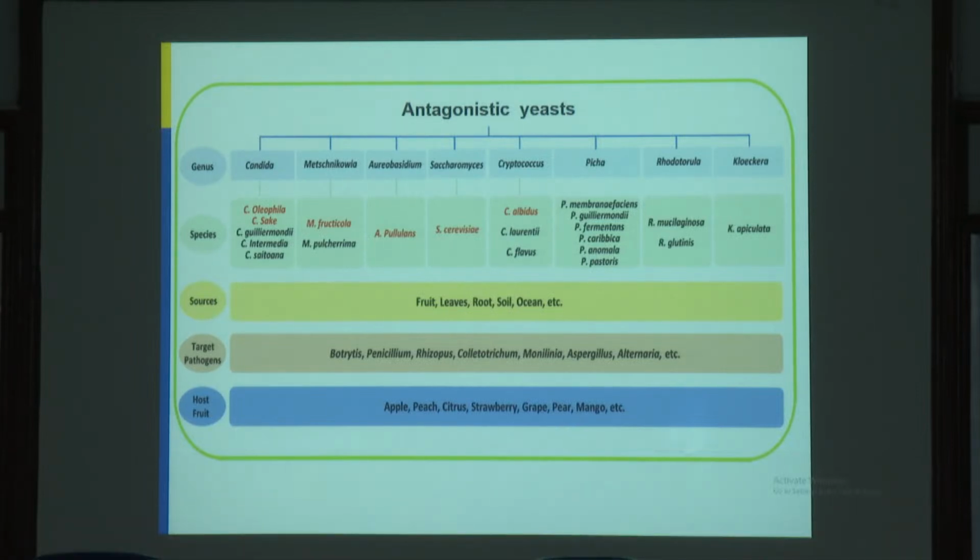Compared with other fungal biocontrol agents, yeast grows rapidly, like bacteria; within 24 hours you can have the growth of the yeast. The most well known antagonistic yeast is Saccharomyces. Besides Saccharomyces, there are other antagonistic yeasts being exploited and studied against post-harvest pathogens, like Candida, Pichia, Rhodotorula, Hanseospora, and Aureobasidium. These are the non-conventional yeasts, because Saccharomyces, the baking yeast, is the conventional yeast. They can be exploited against many post-harvest pathogens like Penicillium, Botrytis, Colletotrichum, Aspergillus, and Alternaria, which mostly appear post-harvest on fruits